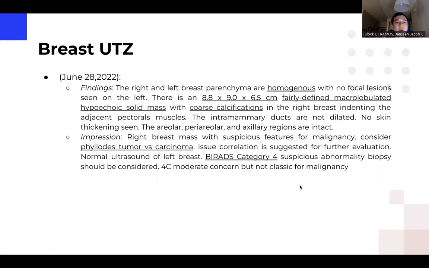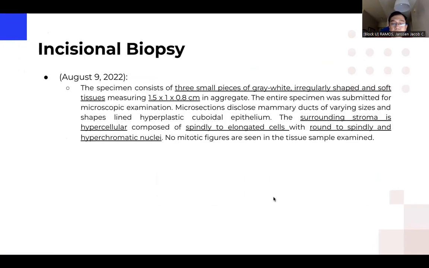So once we have explained all of the paraclinical diagnostic procedures that the patient needs and how the procedures should be done, and if there's an agreement or informed consent from the patient, then we execute these paraclinical diagnostics. Next slide. So this is just showing again the result of the patient's breast ultrasound done last June 28, 2022. Next slide. And also the incisional biopsy findings, in which there are 3 small pieces of gray to white, irregularly shaped and soft tissue